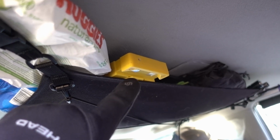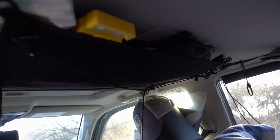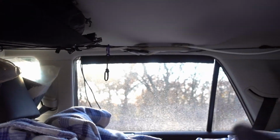I have this solar light. This is my main source of light. I actually have another one, but this is my preferred way because it lights down so I can see what's going on below. I have headlamps and a rain jacket. There's my flashlight and whatnot. And there's my main source of light